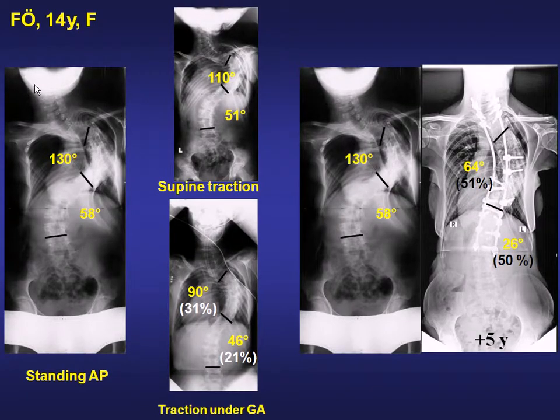A 14-year-old female patient with a very severe thoracic curve. Traction X-ray under general anesthesia showed us 31% flexibility, and we performed posterior surgery with halofemoral traction, and we obtained 51%